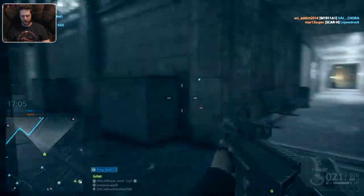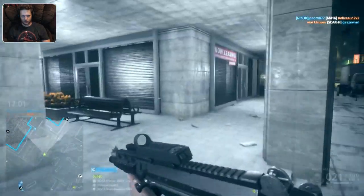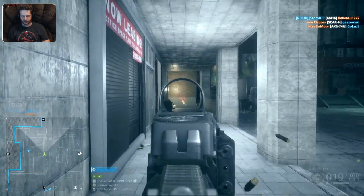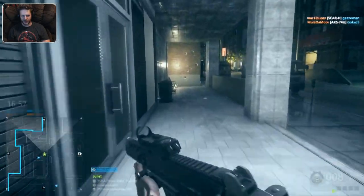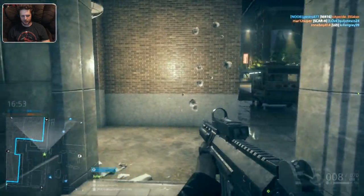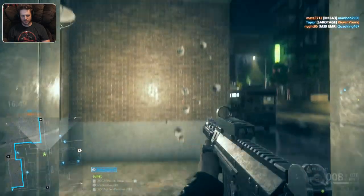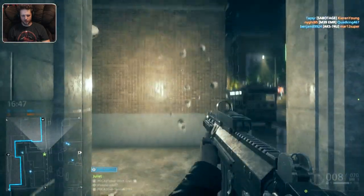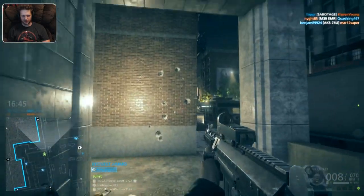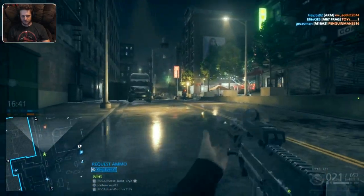A shot over there. Maybe if I actually put it on a wall here. There we go. Look at that spread. I mean, that's just crazy. Granted, this is with a compensator and not a muzzle brake, so we are kind of getting all over the place. But you can notice that we have mostly vertical recoil. We do have some side to side here. Once I put a different attachment on it,